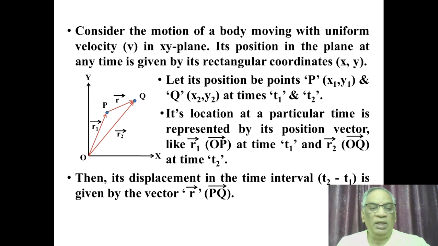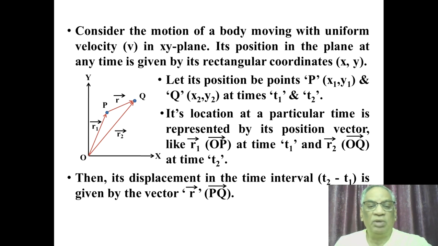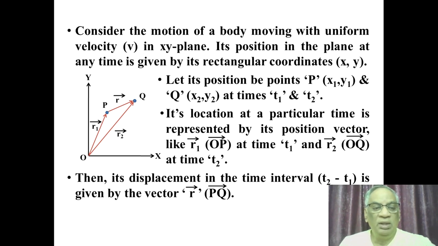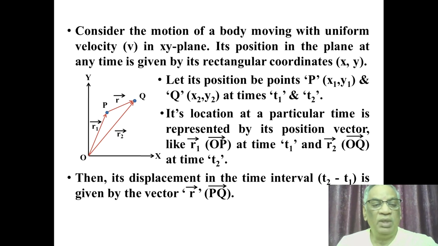Its position in the plane at any time is given by its rectangular coordinates x, y. Let its position be at point P with coordinates x1, y1 at time t1, and at Q with coordinates x2, y2 at time t2. So its location with reference to the origin, that is 0, 0 coordinates, can be presented by the position vectors r1 bar and r2 bar. r1 bar is the vector OP bar at time t1 and r2 bar is the vector OQ bar at time